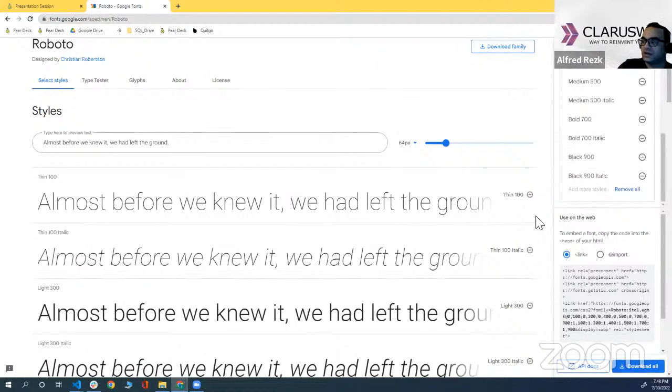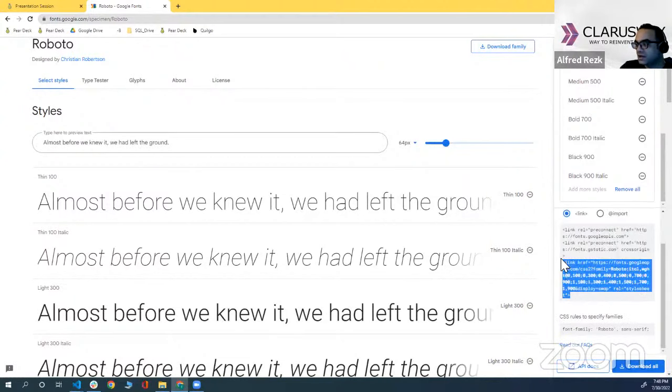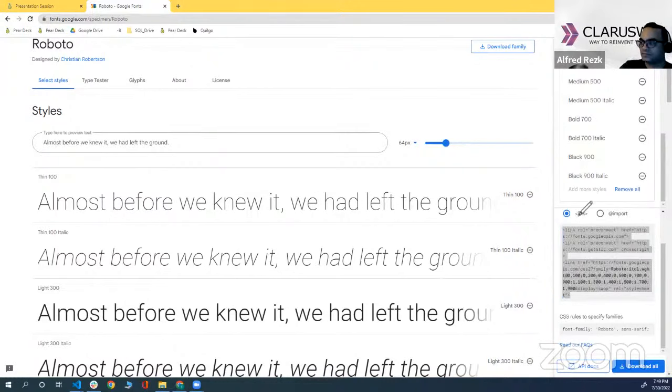Here, it will tell you how you want to import this font in your page using a link tag. So they will provide you with the link tag here. And now all you need to do is just take a copy of these two link tags and paste it in your web page. Or you can use import. So the link here is in the HTML,